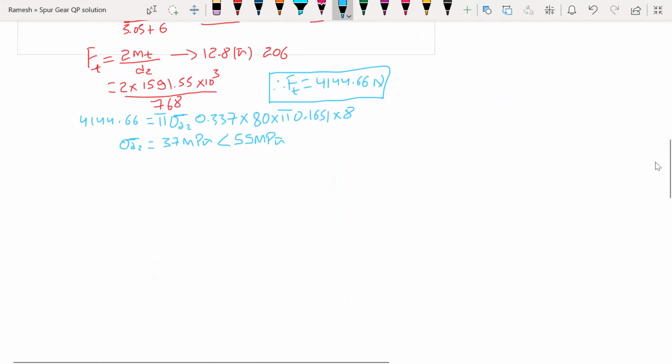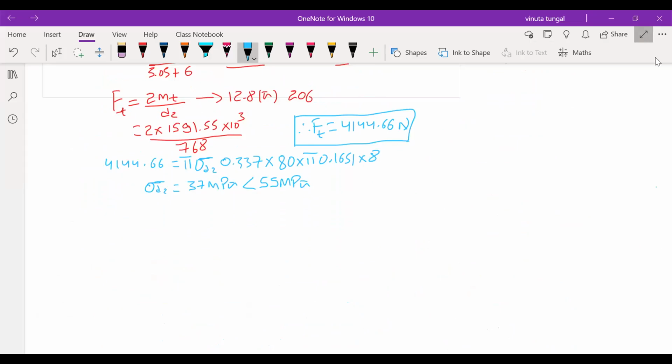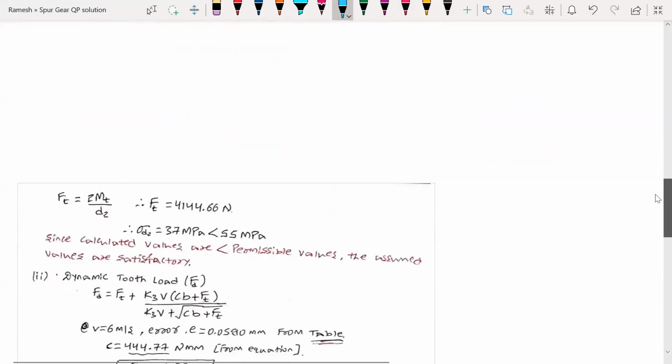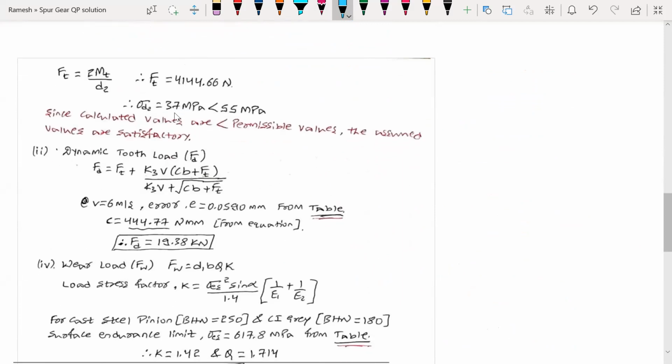less than the permissible stress. As a result of that, you can see that 37 megapascal is less than 55 megapascal. It means the calculated values are less than the permissible value. Therefore, the assumptions we have made are correct and satisfactory, or the design is